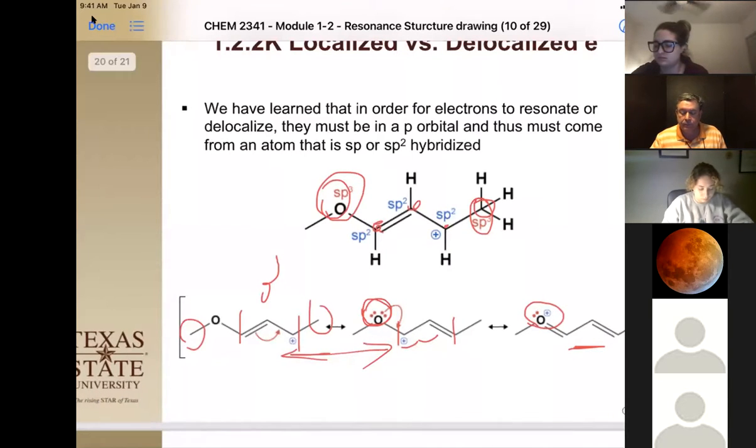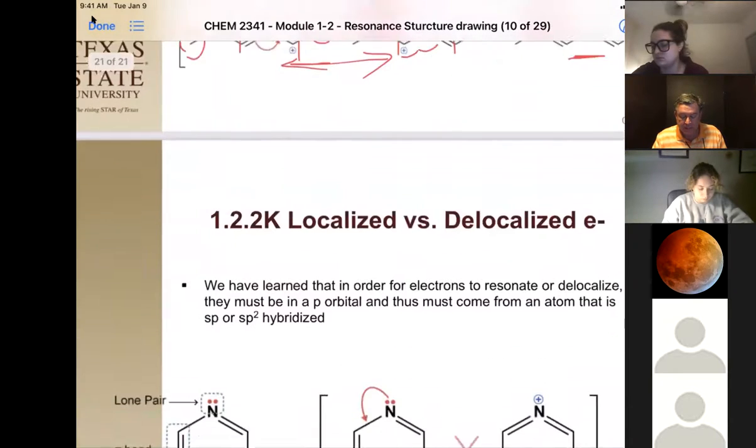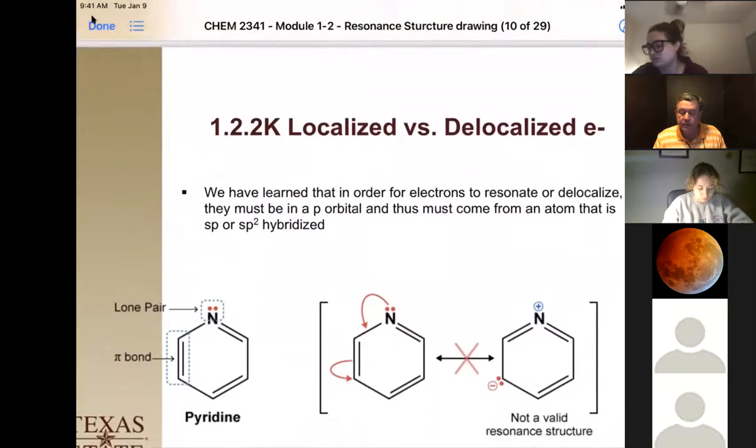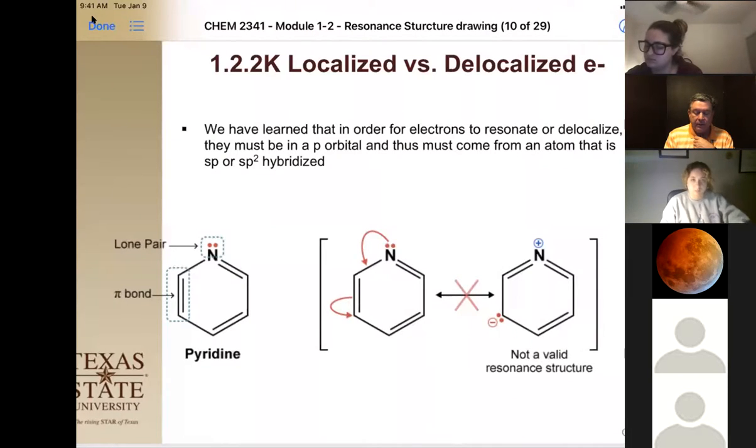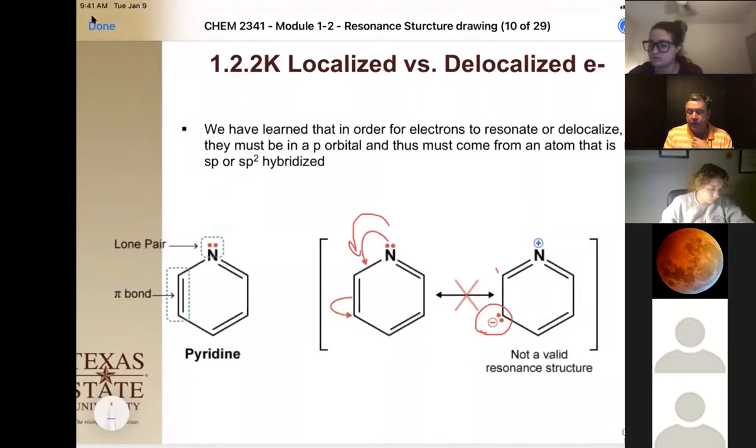Okay, so let's look at this in a ring. It's more common to have delocalized electrons in a ring. In this case, we have our lone pair on our pyridine here, and we have a double bond. However, if we tried to put these sp2 hybridized electrons into the ring, we'd end up with a very weird structure. Notice we have four bonds,